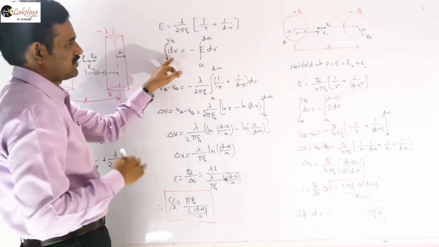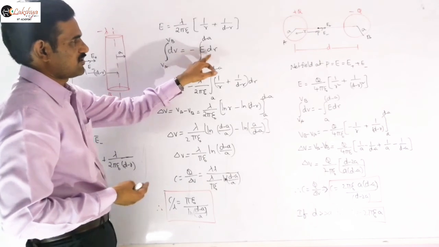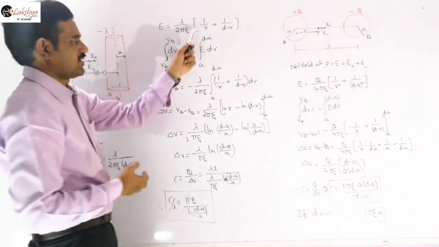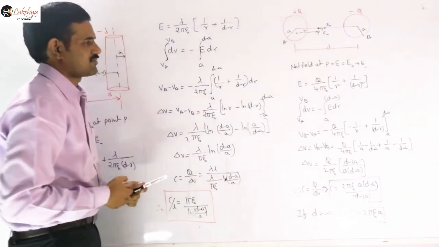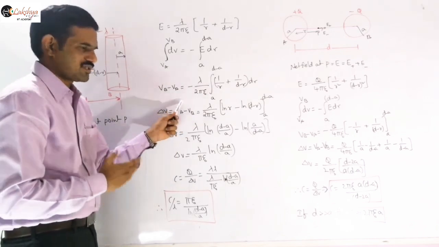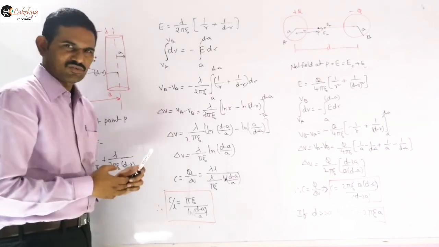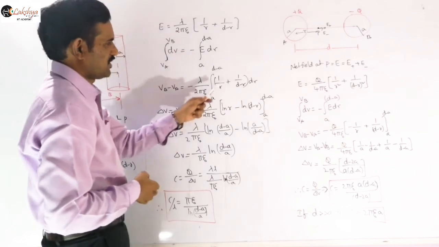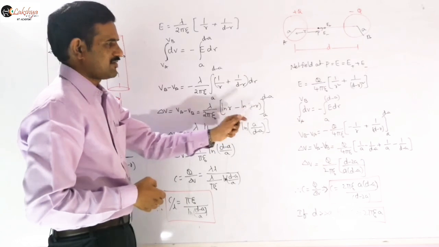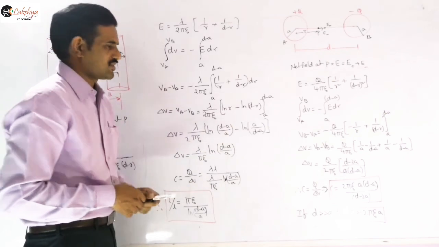Using our E-V relation we find the potential difference. Integral of dV is equal to integral of E dr. Substituting the E value, lambda by 2 pi epsilon naught, times 1 by r plus 1 by d minus r, dr. For the integration here I am taking the negative sign, as we have done from the beginning of this class, so that we find VA minus VB, and the negative sign cancels. The integration gives ln r, and for the second term ln of d minus r with a negative sign, because of the minus r in d minus r.